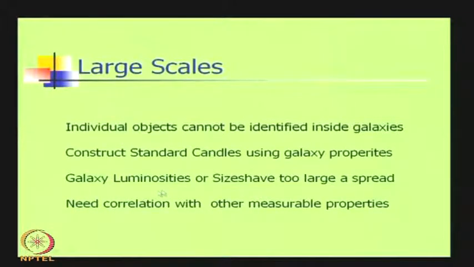Now, question is that if you just take the luminosity of a galaxy, if you assume that all the galaxies have the same luminosity and use them as standard candles. So, let us suppose I know the luminosity of all the galaxies, they are the same, and then if I take the flux and interpret that due to a variation in the distance, then I can get the luminosity distance as a function of redshift.